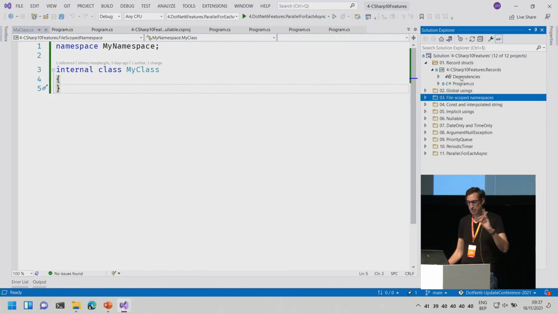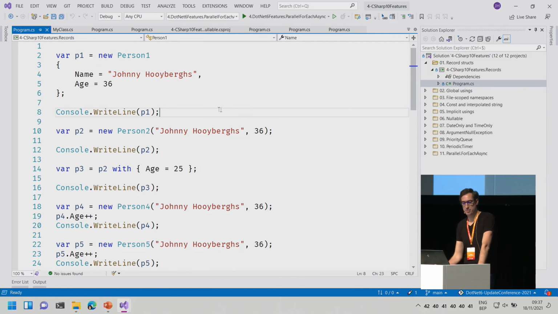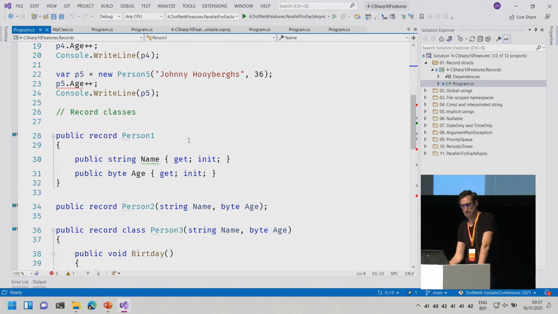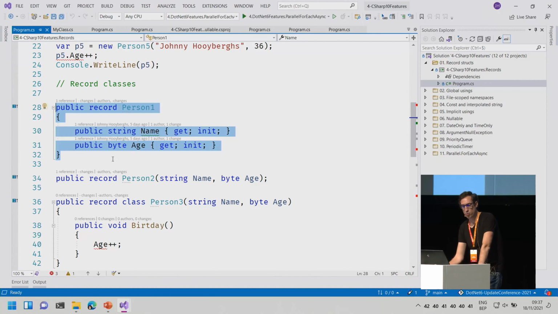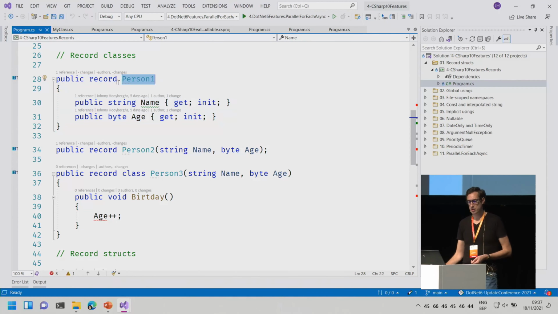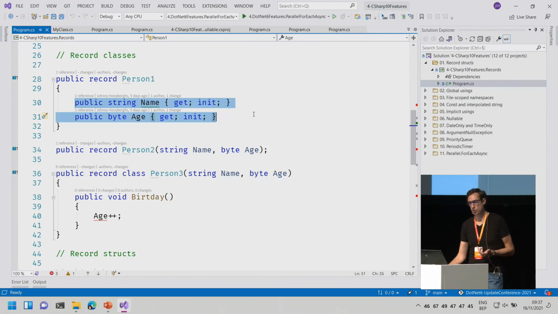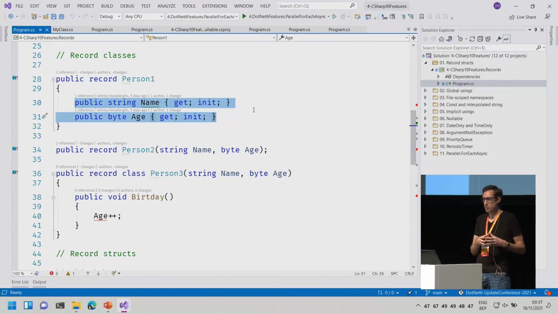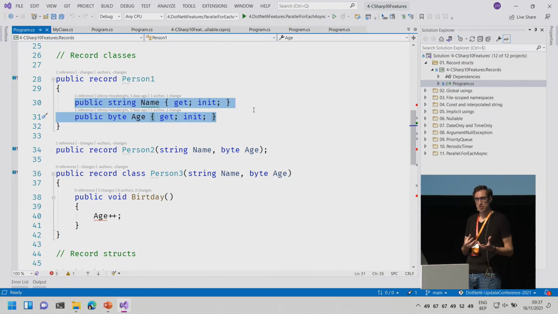Yeah, and then in the previous version of .NET and C# specifically, we had records. So a record is an immutable data type. We have classes, we have structs, but now we have records. So this person class is a record, which means that all of its properties should be immutable. So I can create a new instance of this record. I can set the properties, but after that I cannot change anything. The object is there and it cannot be changed.